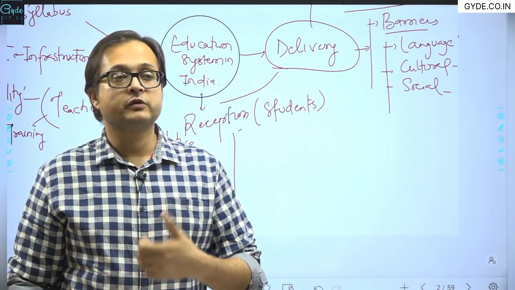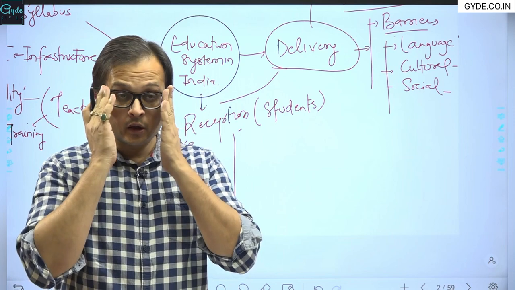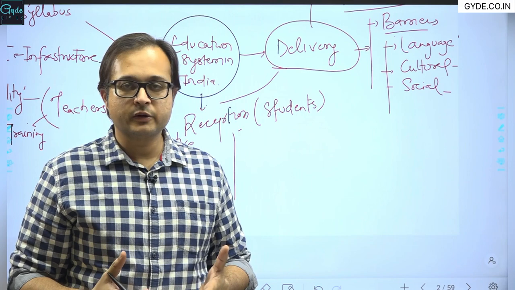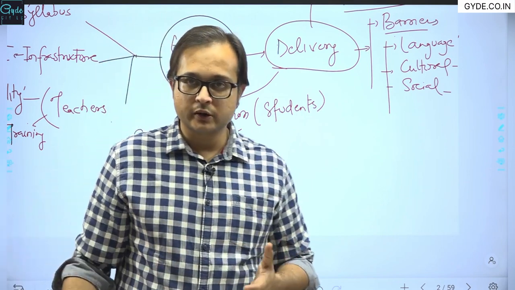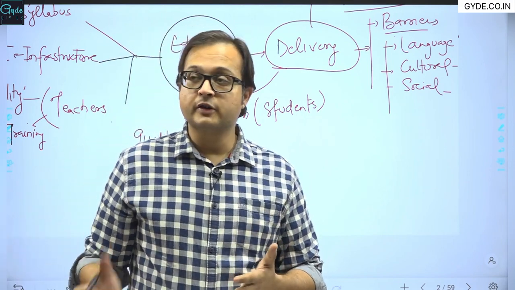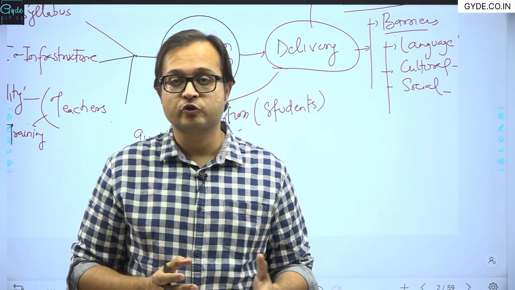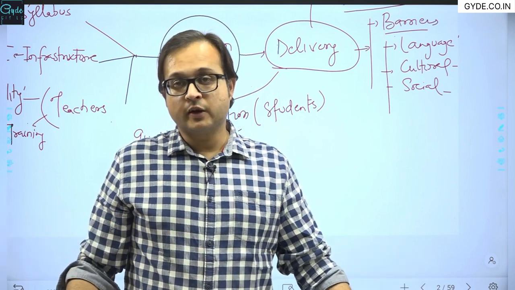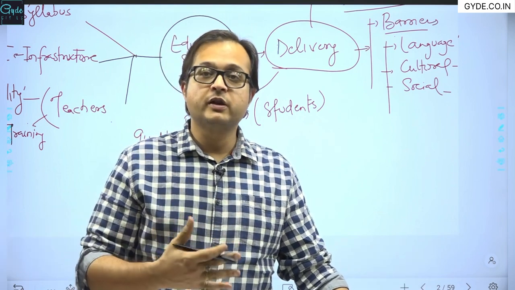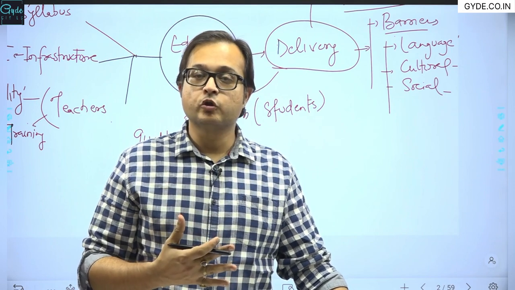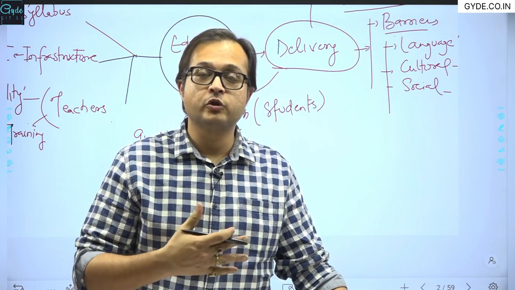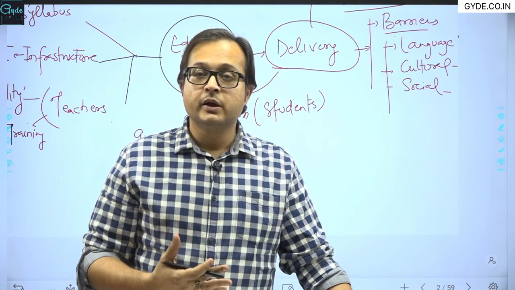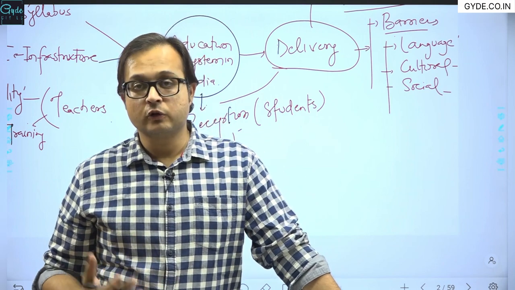Sometimes certain students receive certain things in non-verbal modes. There must be diagrams, there must be figures represented, there must be illustrative explanation of certain things, which sometimes does not happen. So the reception of a particular content is different for different students, and that also creates a kind of division between the students. And those who are not able to receive things the way they are being said, they lag also, they fail also, right?